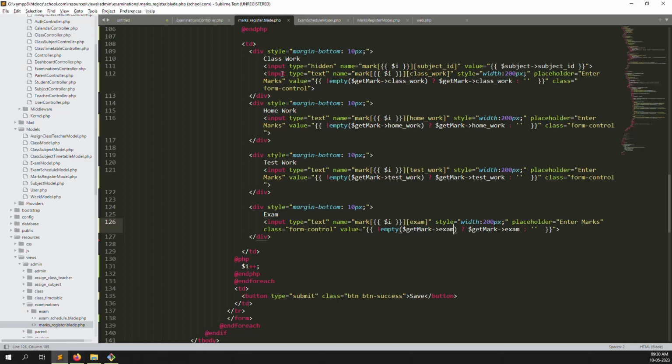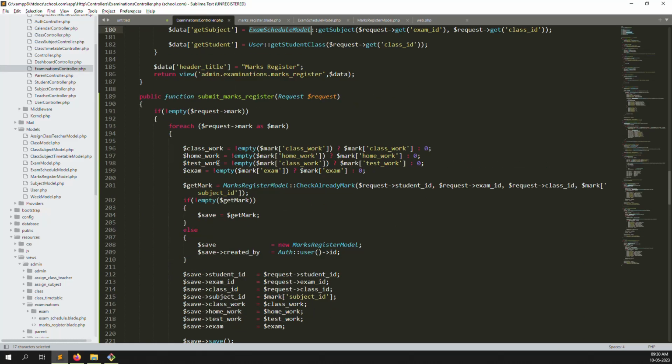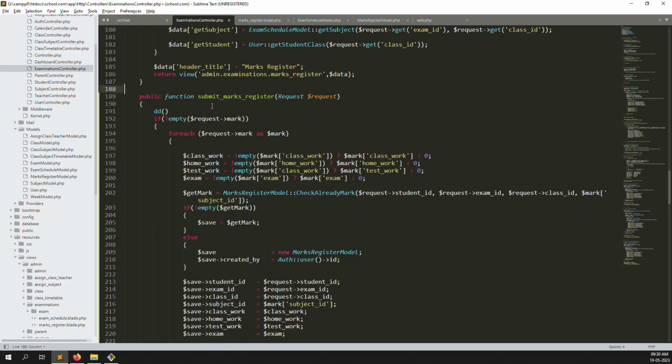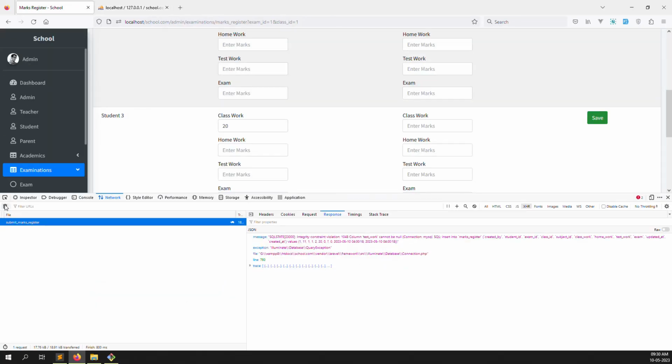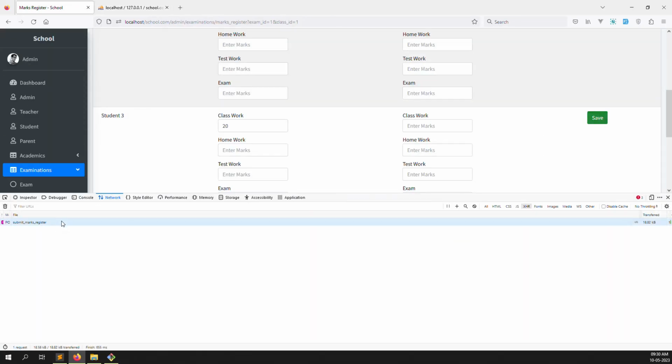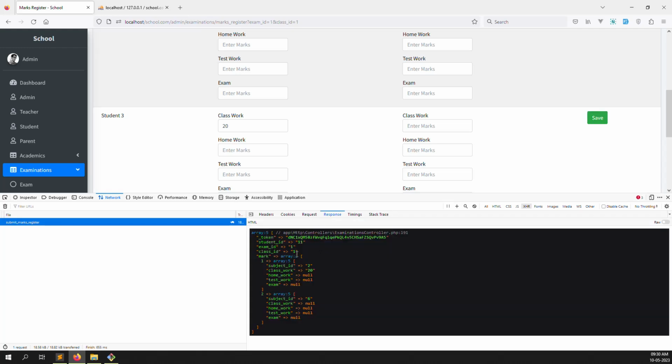Let's make a dd and check what data I get. I don't know what error is generated, so I need to confirm. dd request all, and go back again and click on save. So here there's no issue. I don't know what generates the issue inside the database, like test works, homework, and